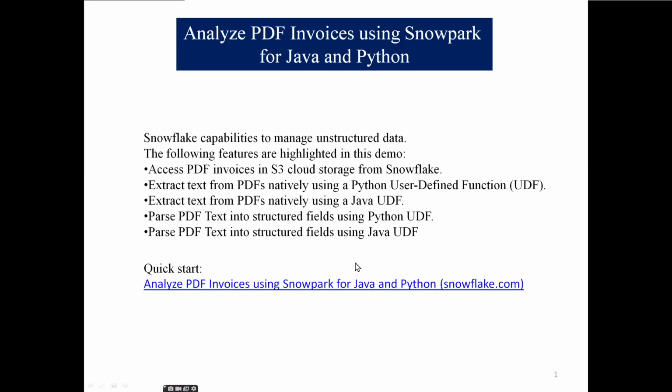So, Snowflake capabilities to manage unstructured data. In the scope of this demo, we will access PDF invoices in an S3 bucket. We need to extract the text, and then we need to parse the required fields from these texts. We will use user-defined functions in Python and Java, and this is the quick start for data engineering. But since I covered data engineering in a previous video, I will only focus on the load of unstructured data,